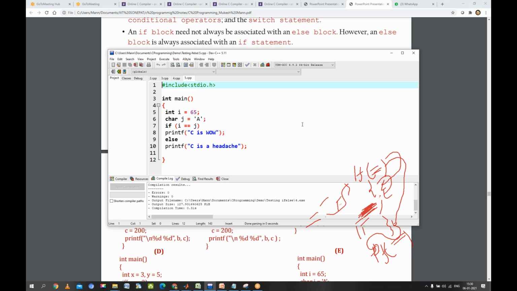Sir, I'm not able to get your voice, sir. So what do you want to, okay, what is your question? You want to enter 4, so what do you want from the program? Sir, I need to get a confirmation that the input which I've given is matching with the condition we have given, sir.